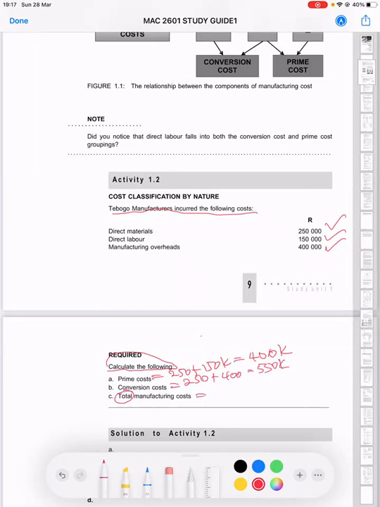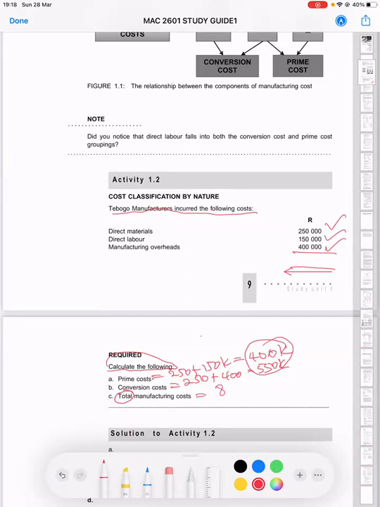Now, total manufacturing cost. Maybe you might say we didn't do it in class, but it is very simple. Or we did it actually. So what is the total manufacturing cost? This is the sum of all the manufacturing costs. That is direct material, direct labor, and manufacturing overhead. You can go and get it there, or you can simply add A and B. So that gives us